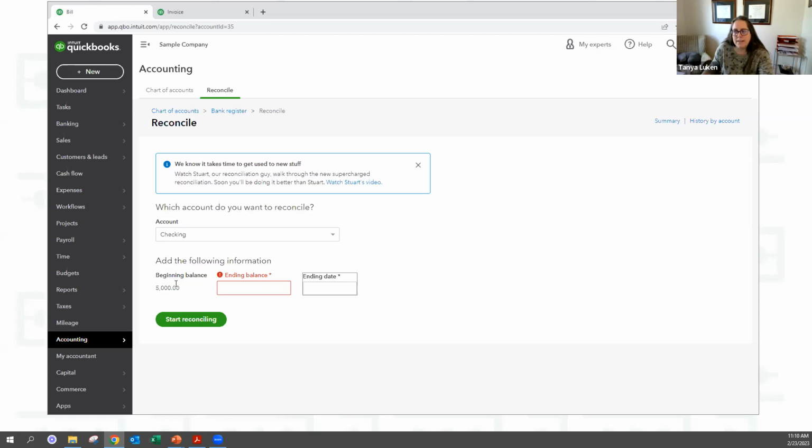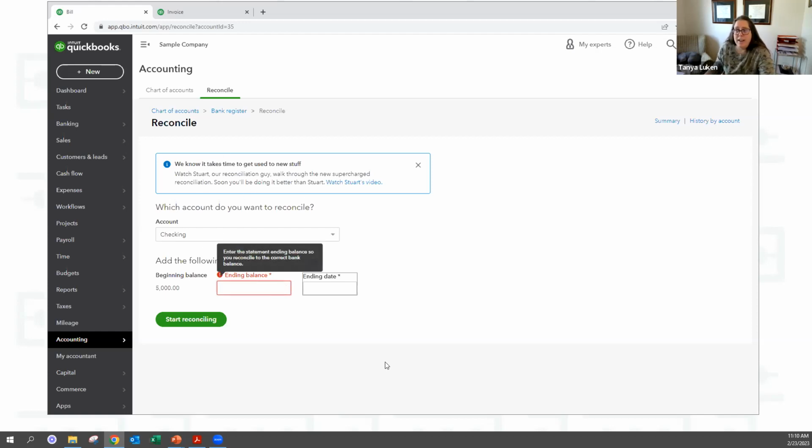And then it has a beginning balance here. Do you see where it says this already? $5,000. If this beginning balance right here that's hard coded into the screen doesn't match the beginning balance on your bank statement, there should be a little warning box up here that says, hey, your bank statement's off this much. We can help you fix it. Go ahead and try to fix it that way. It means that you changed something after you reconciled. So it's trying to tell you to figure that out. If you get stuck, let me know. Usually it would take about 10 minutes and we can figure it out. And I don't mind.